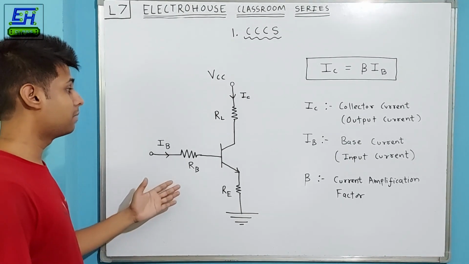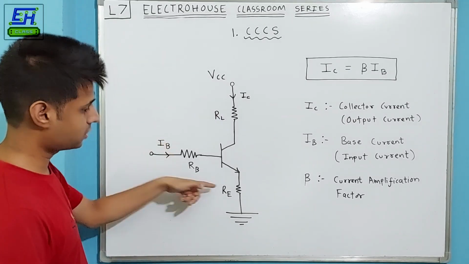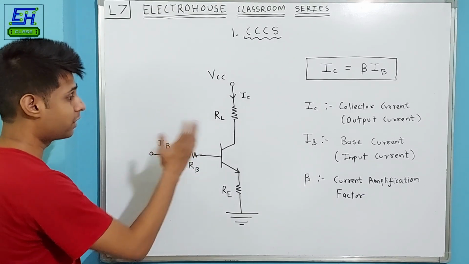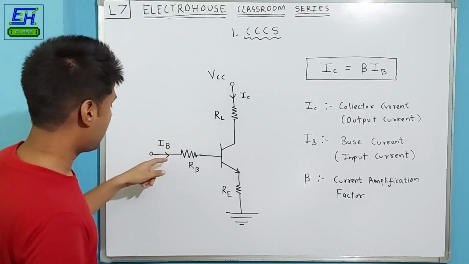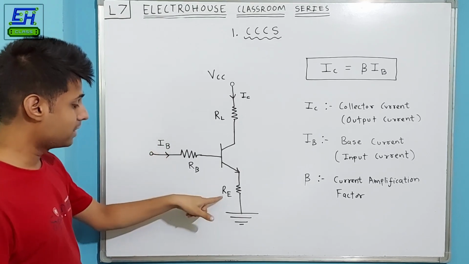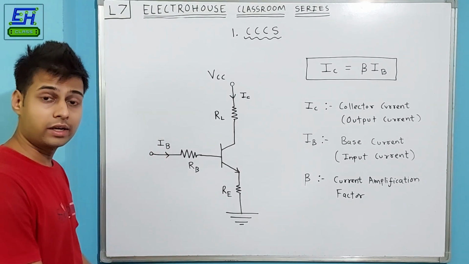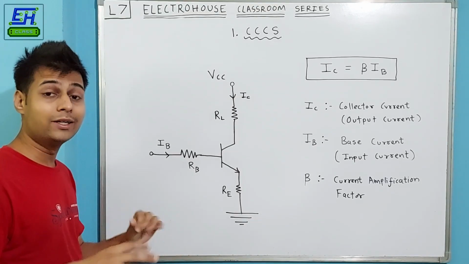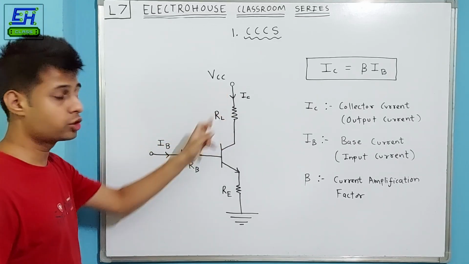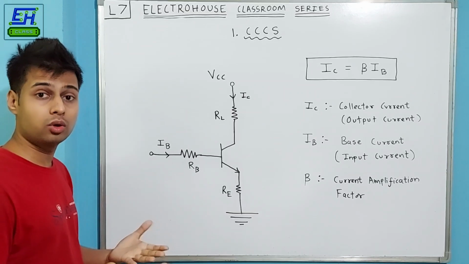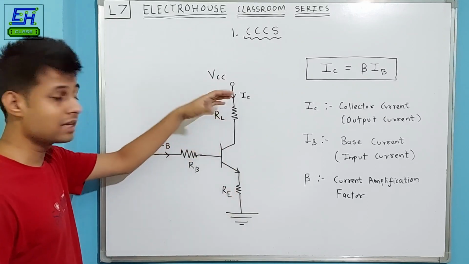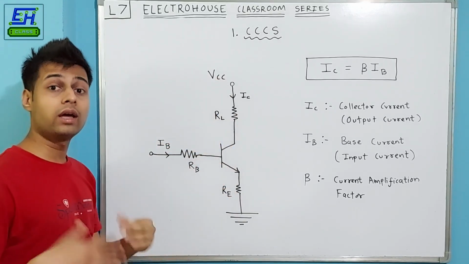Okay, so here is a simple bias transistor circuit. You can see these three resistances connected to the three terminals of the transistor, and this RL is nothing but the load resistance which we have to drive using this current controlled current source. And here this is the base resistance RB through which the base current is coming, that is IB, and this is the emitter resistance RA, which is actually connected in order to prevent thermal runaway or thermal deterioration of this transistor in an event of short circuit. For example, if this RL is short circuited, or if its value is changed to almost zero, or basically a short circuit, so this resistor actually prevents a massive current flowing through this transistor and eventually breaking it.